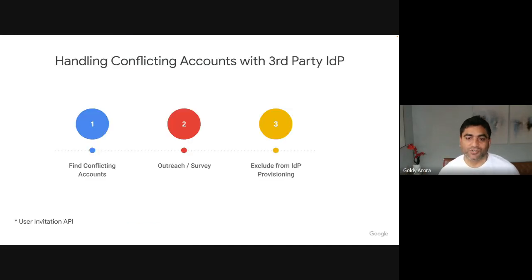So ideally, what you should do in this case is, number one, use either the user invitation API or the admin console transfer tool to find the conflicting accounts. You will need to register your domain, and then you need to verify that domain ownership, and then finally you should have super admin permission to leverage the transfer tool. Once you do that, once you find the conflicting accounts, then step number two, I think, should be to do